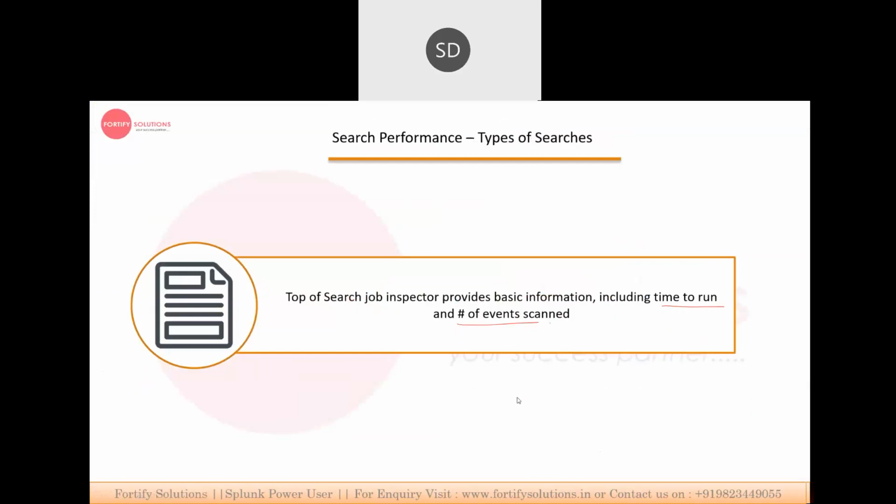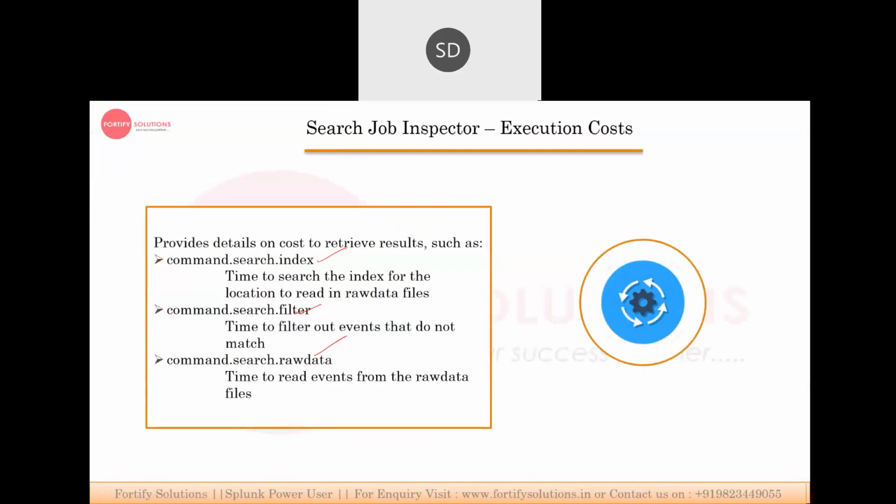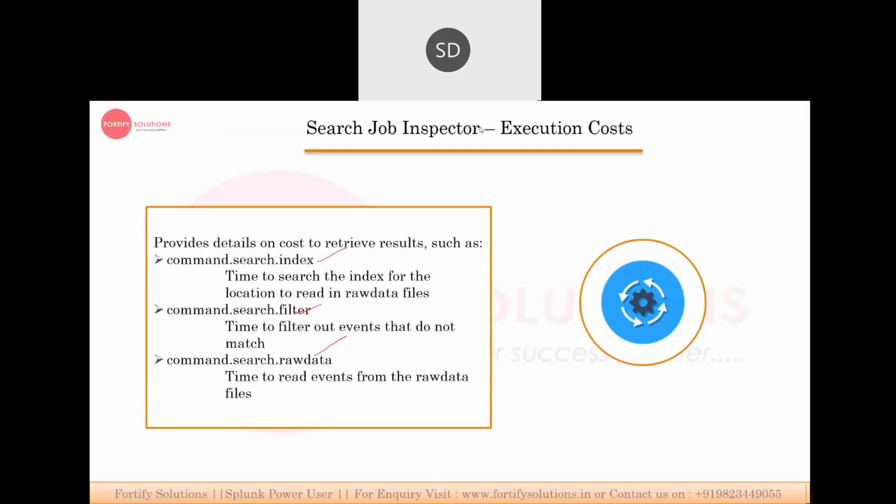Now these are the three things: command, search, index. This is the command search where we can see how many invocations were done, then the filter, other search types, lookup, and tag that you can use. These are the things we use for inspecting.